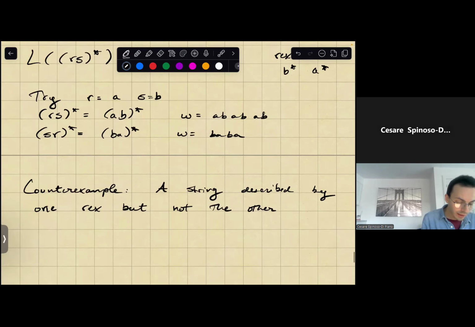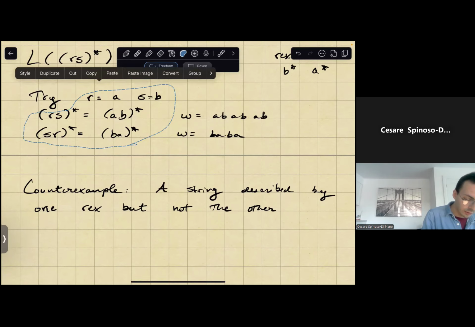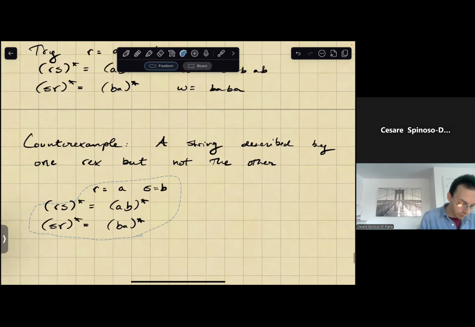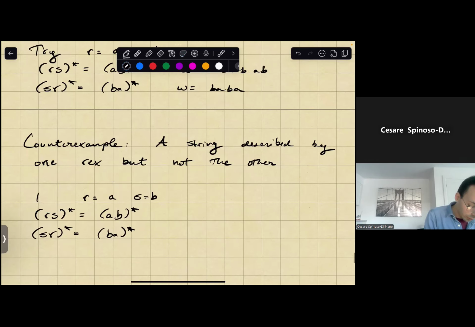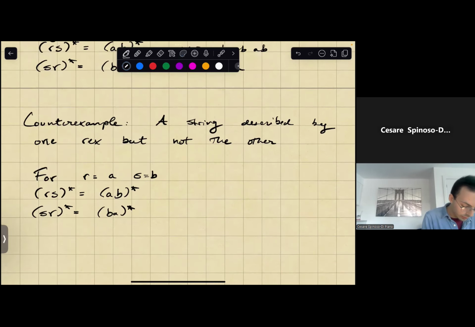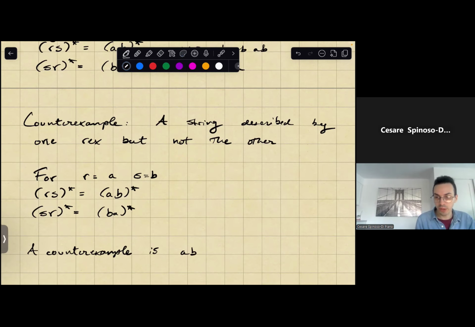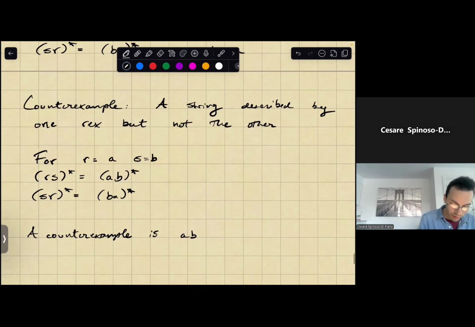So in this case, I've set R as A and S as B. So if I have this particular setting, a counterexample is just a string, let's see, AB. Right, the string AB. Because the string AB